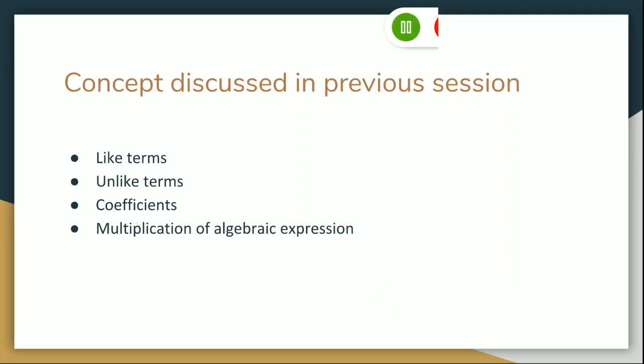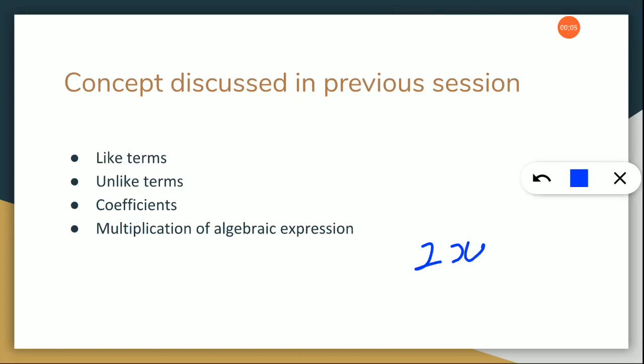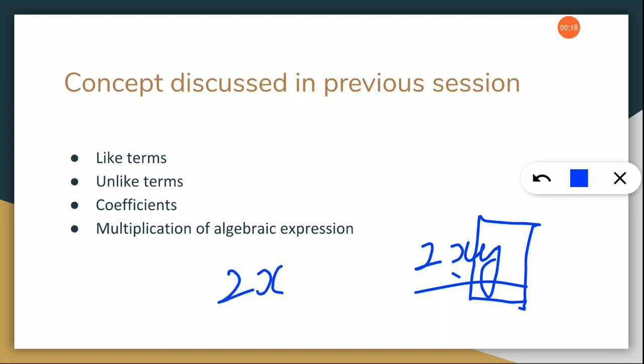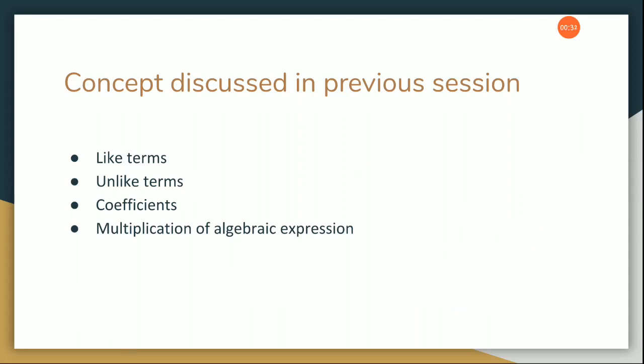Suppose I am asking you to find the coefficient of y in this, what is the answer? You have to just take this y separately. Whatever is left, be it the variable or the numbers, you can write everything as a coefficient. So 2x is the coefficient of y. Suppose I am asking you to find the coefficient of x now. What will you do? 2 and y together will be the coefficient of x now. Is it clear?